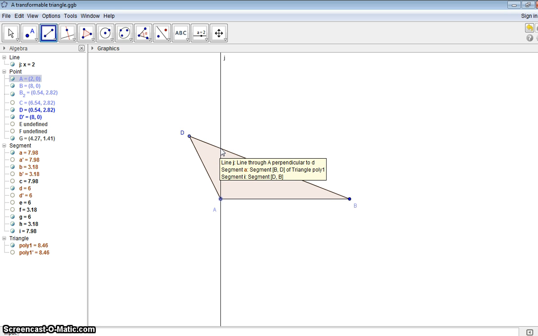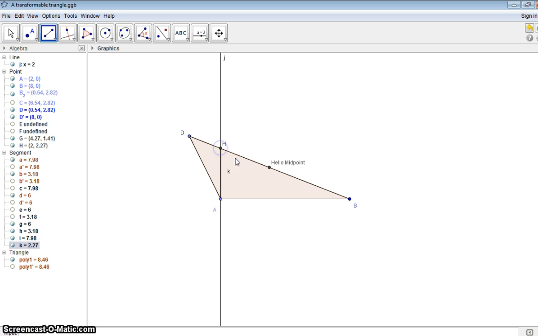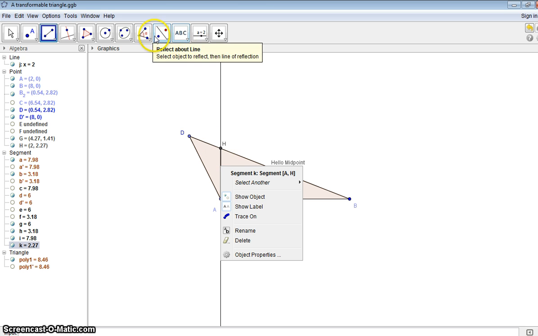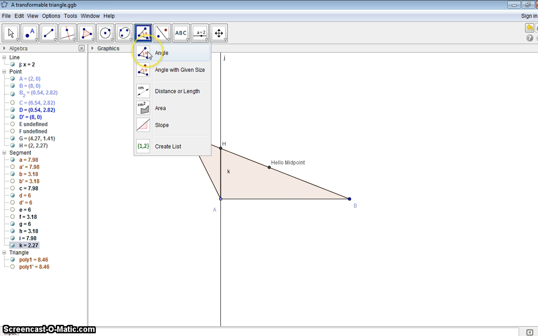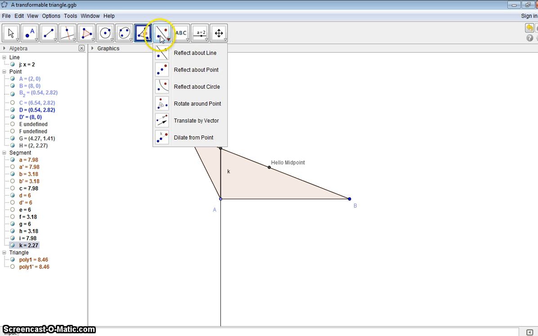I know that I need a four-sided figure that has sides of equal length. So I'm wondering what I'll get if I start with a triangle made with congruent segments that meet at a 90-degree angle. So I'm going to rotate